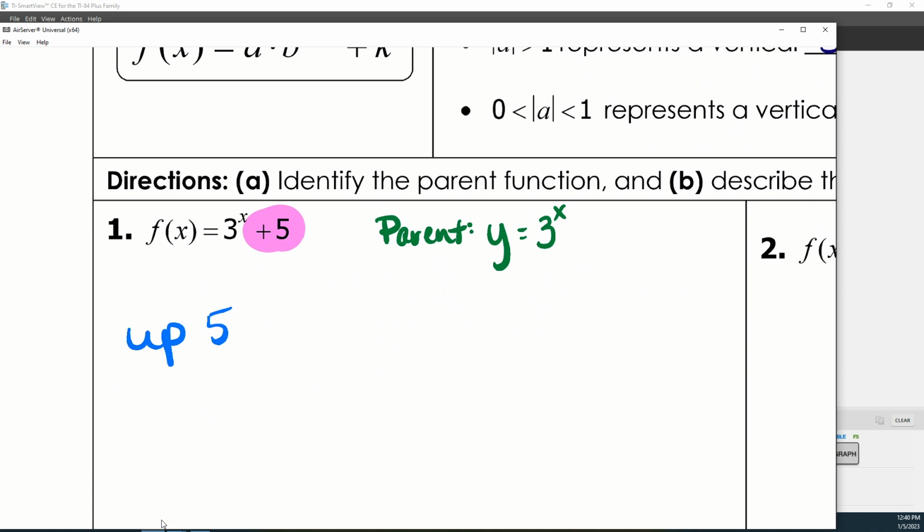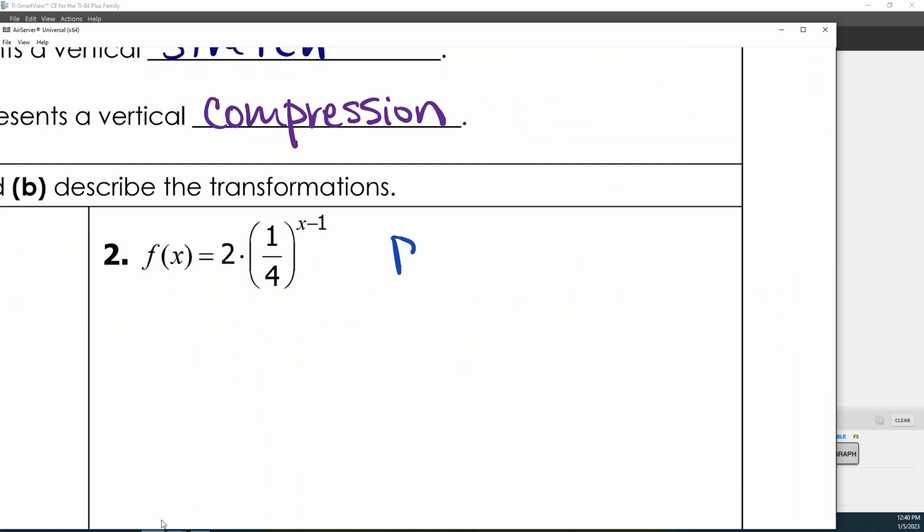All right. So let's look at the next one. So we'll start off finding the parent. So it's y equals, and then just the base. The base in this case is 1/4 raised to the x. All right, so if I'm comparing the original to the parent, there's 2 things that are different. So that 2 that's in the front is positive, so it's not a reflection, but is it going to be